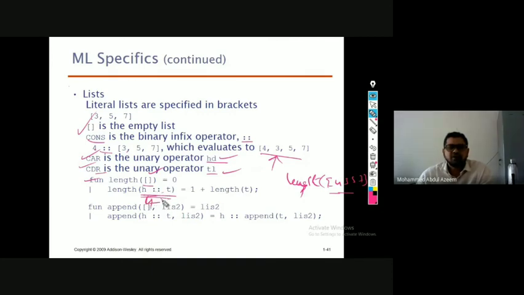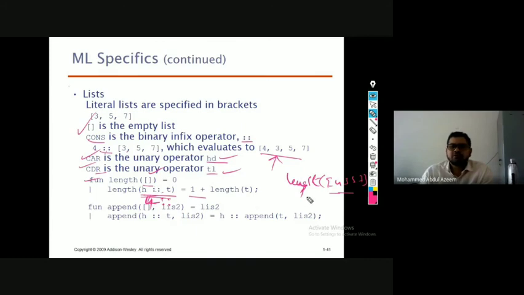This is the code. So 4 is the head part, and the tail part is 357. So this 4 cons of 357 will be sent inside the code. Inside the code, you have one place, which is one plus length of t. What is the t here? 357.